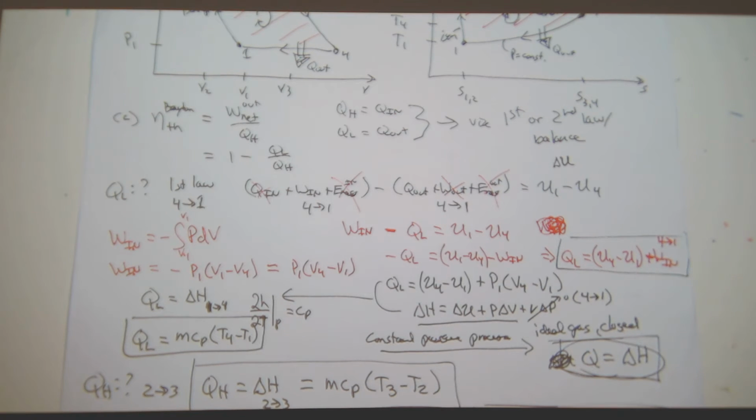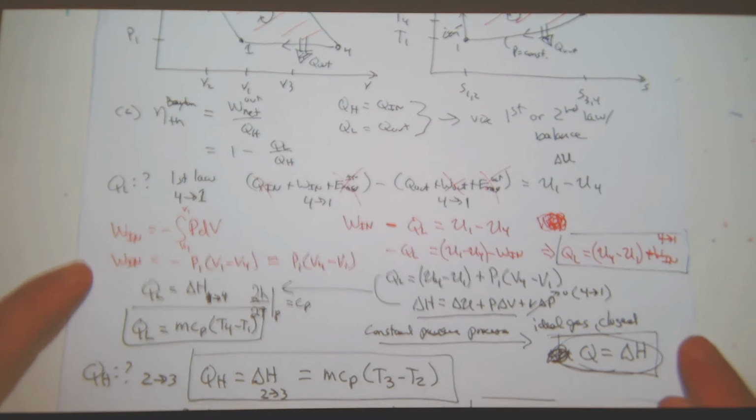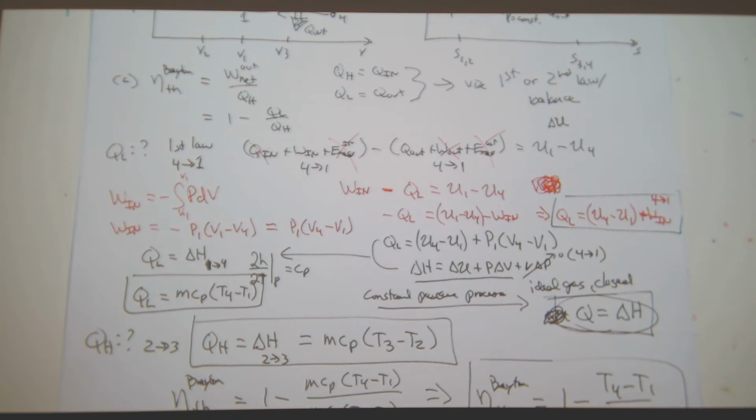Constant pressure process, closed system, ideal gas, that works. Even if you don't have an ideal gas, constant pressure, closed system, that's going to work. And you just make sure that your temperature change, like T3 to T2, is a positive number. If it's negative,